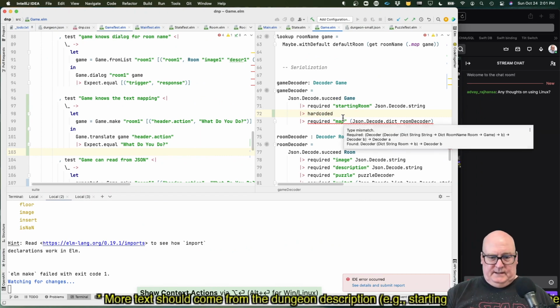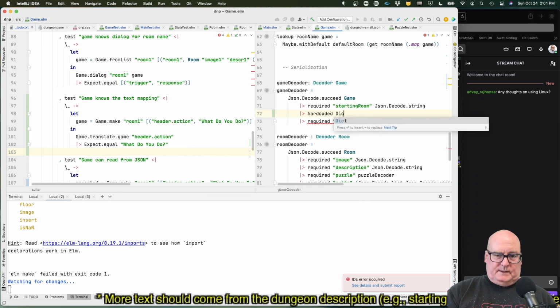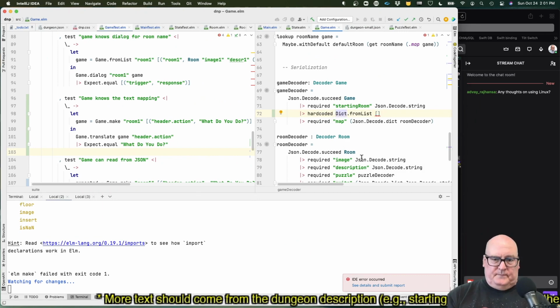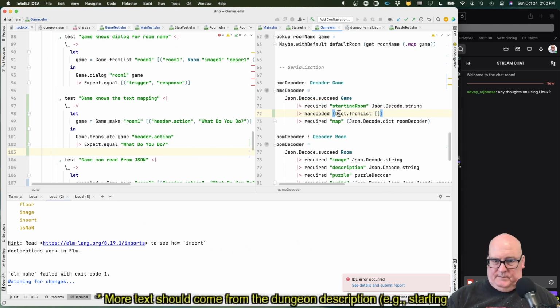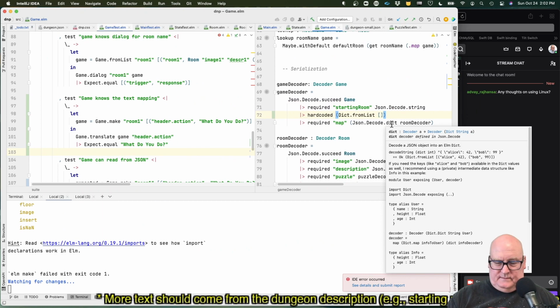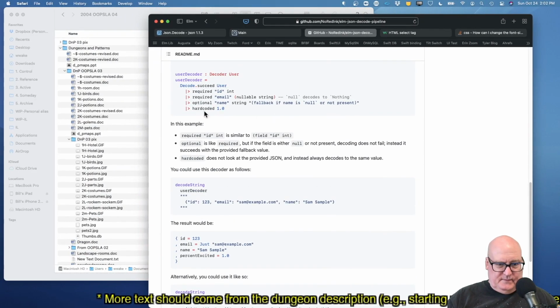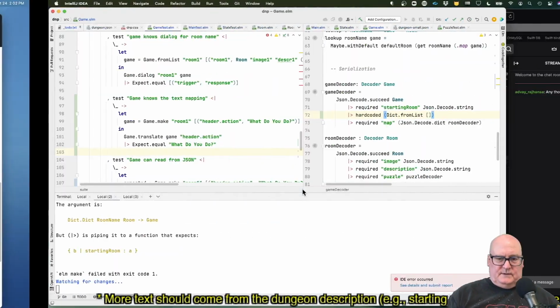And then I need a map. Dict.fromList empty. Okay. So I'm saying, don't I have to give a name? No. Does not look at the JSON, it always defaults.